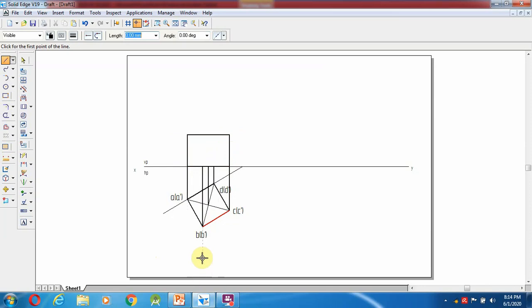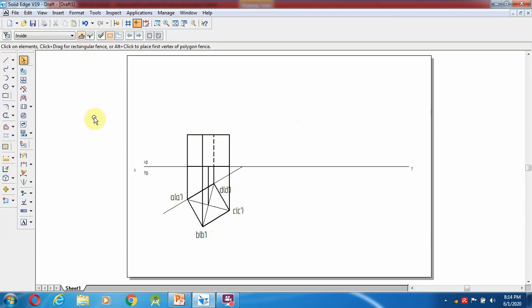So then see over here. You are going to view from here. So A, B, C. These are all the three edges you can see. So that will be in the straight line. Okay. Then this is the line D. It comes behind the surfaces, so that we could not able to view. So you have to make it as a dotted line. Okay. So dotted line. After that, the axis line we have to draw. So from here to draw a line, the line convert into the axis line.